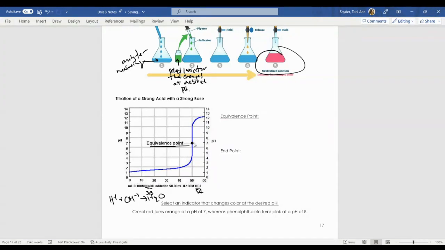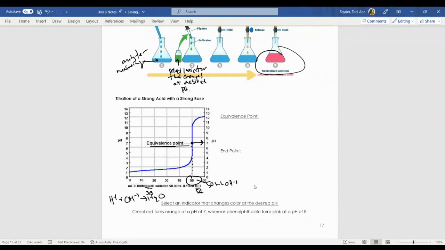And notice our equivalence point between a strong acid and a strong base is right at 7. So this is a totally neutral solution when I have a strong acid and a strong base. You can also consider, all right, well, how much of that base did I need to reach that equivalence point? And if I look down this graph, it looks like I needed 50 milliliters of that hydroxide to totally neutralize